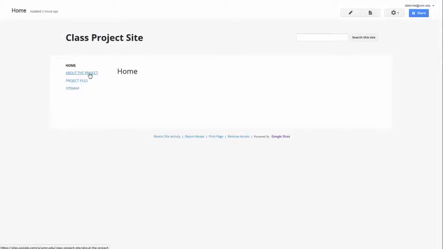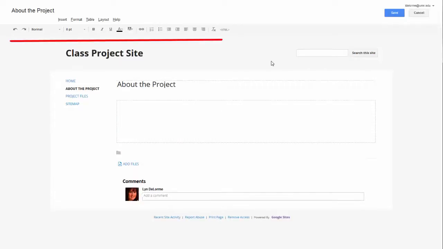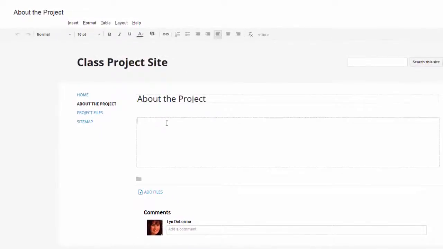Adding content to your Google site is easy, including images, text, or links. Navigate to the page where you plan to add content. Select the Edit button. The Editor menu will load and a toolbar will be displayed. To change or add text to the page, place your cursor where you would like the change to appear and type over or type new information.